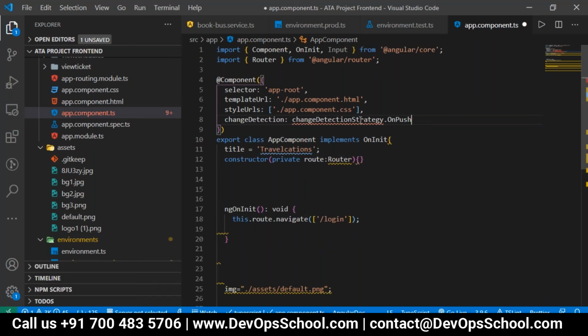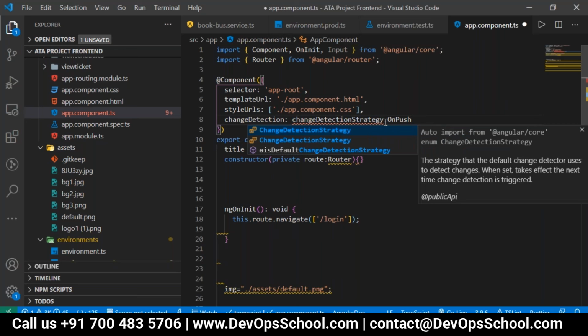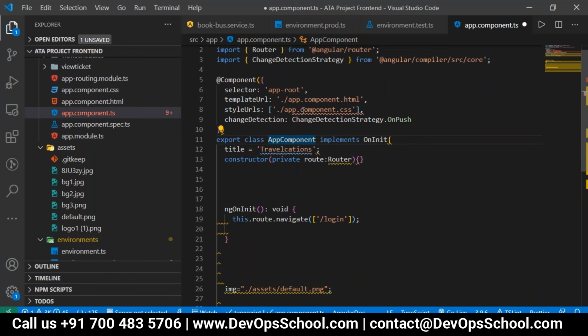Okay. If any change detection strategies are giving some problem, we can apply it here. If any changes happen to your parent or to the children, you can use this particular property for your parent component. It should be written in our children, so I have just written it here.